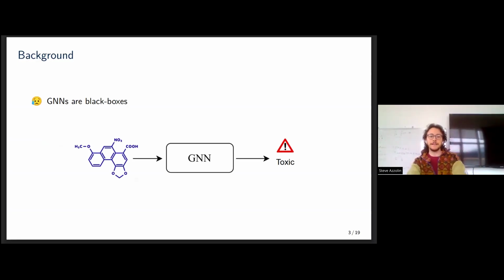And I think that I won't surprise you if I tell you that GNNs are black boxes. So once you train your model and you feed a test graph to your model that outputs a certain prediction, it is in general not possible to understand why it made a certain prediction and which features are mostly important for such a prediction.